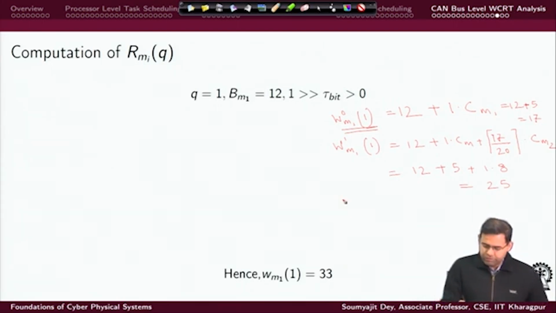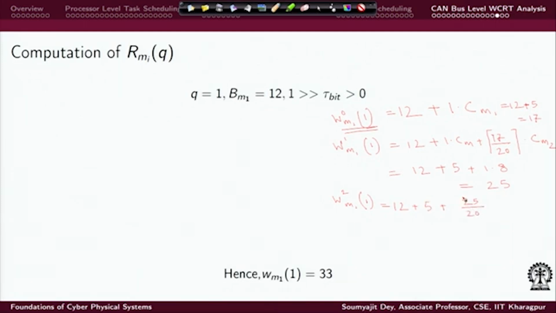Now if I just try to refine it further, you will have another 5 here, and another 8 here, so that is 33. And if you try to refine it further,